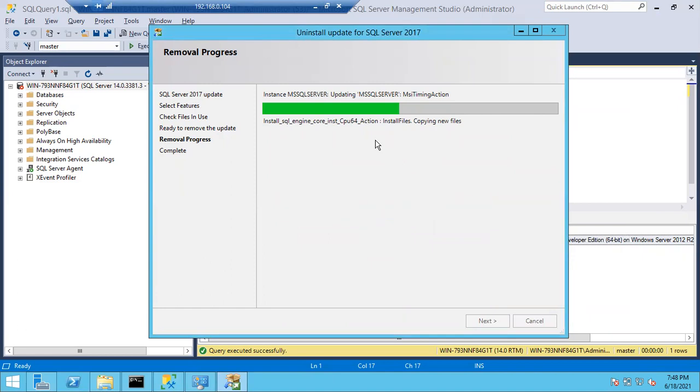In case you miss any of, I told you, right, missing MSI files, MSP files and all. Actually the SQL Engine Core inst MSI file is missing, so it is asking from where it can take that file. We gave the software, and from this software you can take the file. While browsing that software, it will tell you which exact file is missing. Simply search for that file in the search bar. Once you find that file, double click on it, and it will take that particular MSI file and do its work.